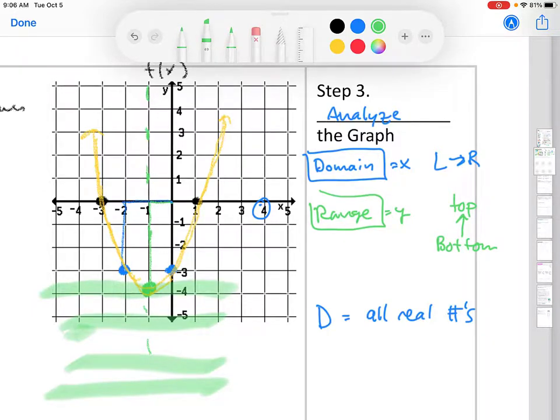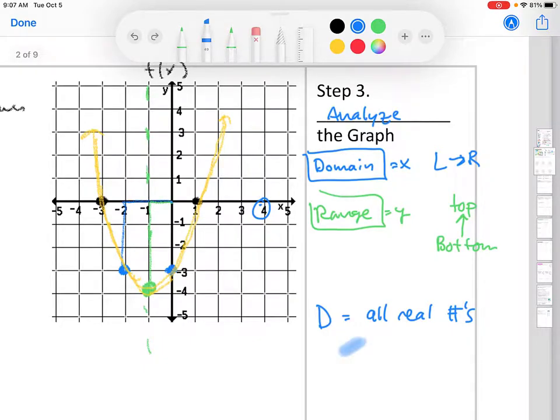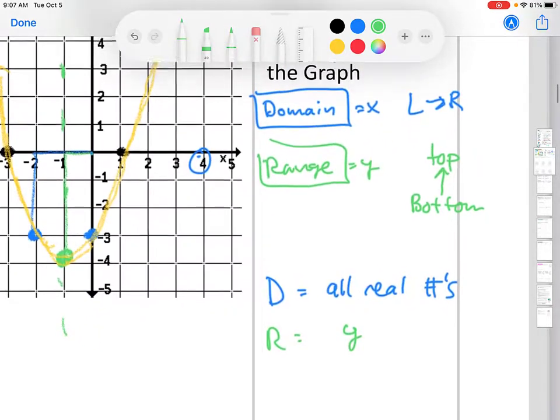Look at the y number line, the f of x. You see that it's touching that number line at -4. Is there a graph? Yes, there's a graph. So starting at -4, and when the values were what? Bigger or smaller than -4? When the y values, so the range is when the y values